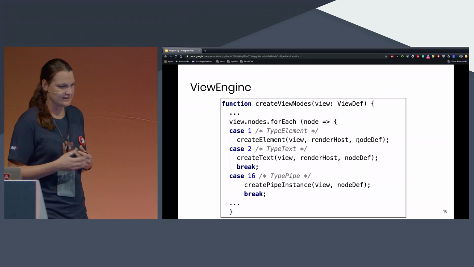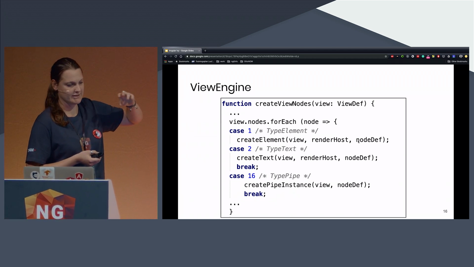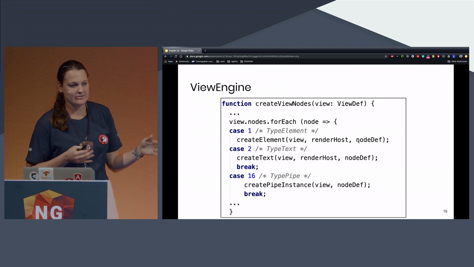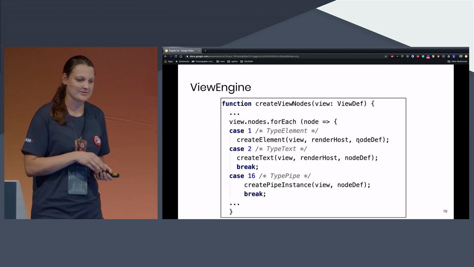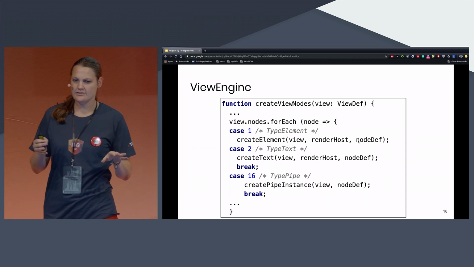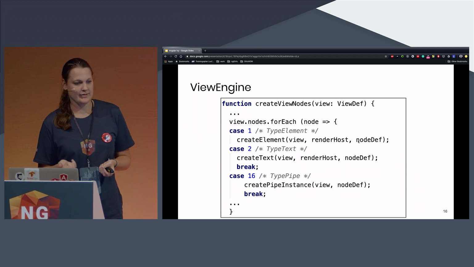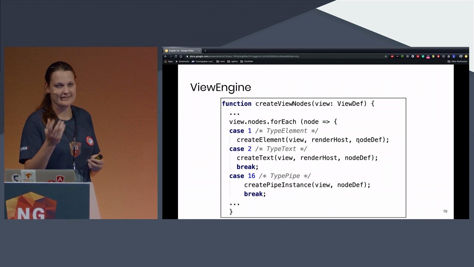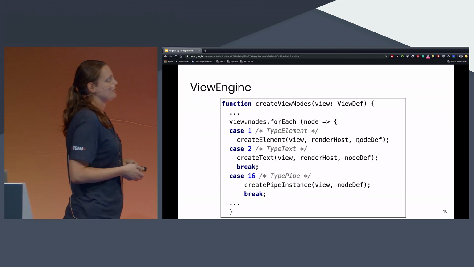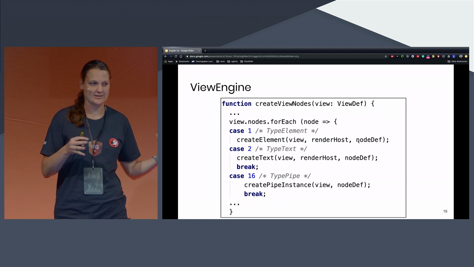So what we see here is exactly from the Angular framework compiled by View Engine. It goes through some switch cases. I removed some stuff not to get too confused here. It basically says, okay, when there is an element ref inside this array, then I have to create an element. When there is an element definition for a text node, then I have to create a text node, and the same for pipelines, and more as well. Of course, the representation is an integer, just to let you know.